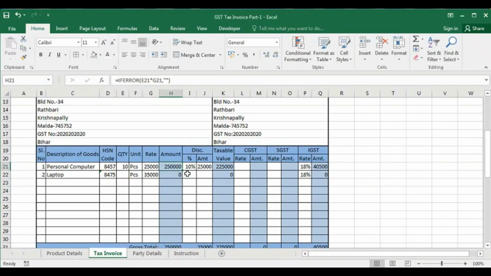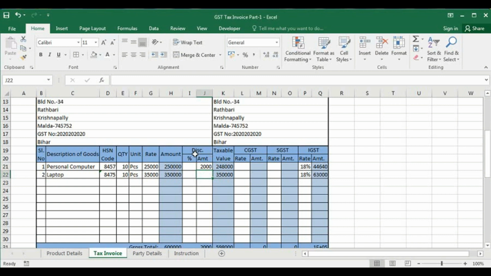So it is okay now, I hope so. Let's see. Here I put 10, then I give here 10%. Yes, it's fine. So in this way, if you put the percentage, it will calculate the amount, and according to that the taxable value will be calculated, amount minus discount amount. And if you don't want this, then what will we do? Just put the discount amount, suppose 2000, then also it will calculate. So our discount part is complete.